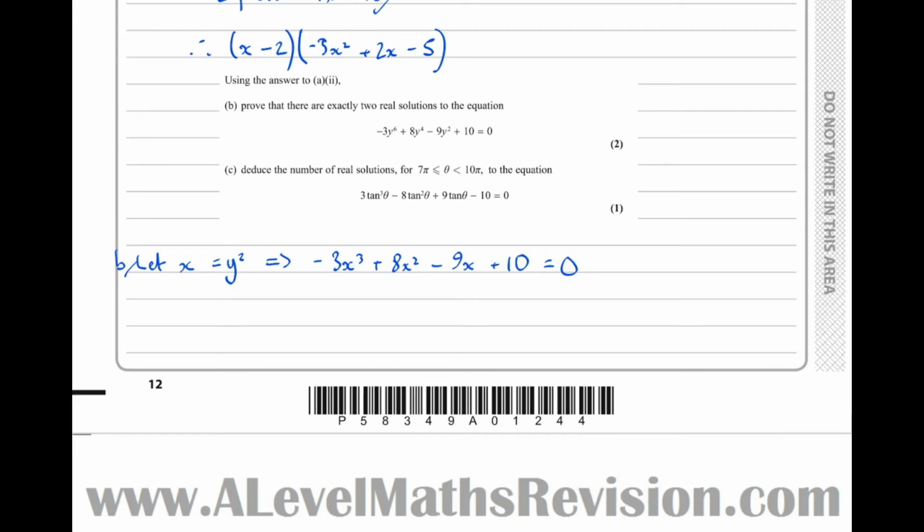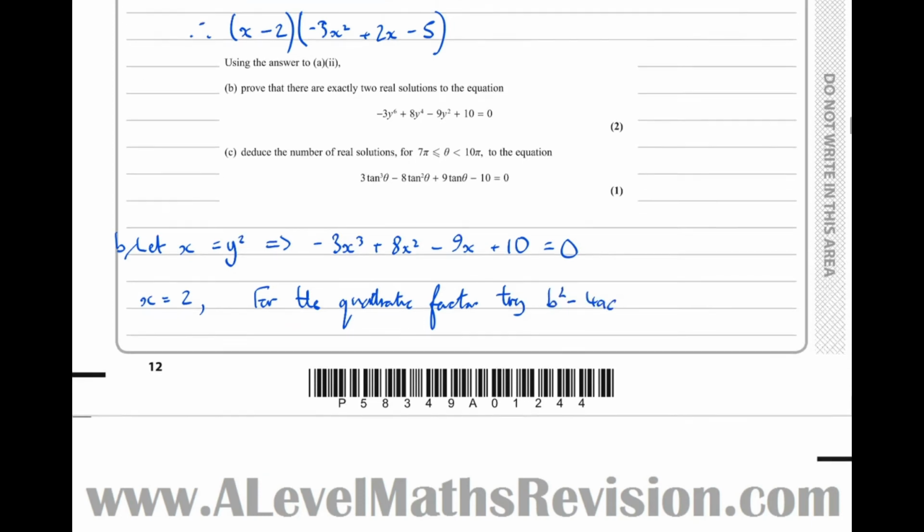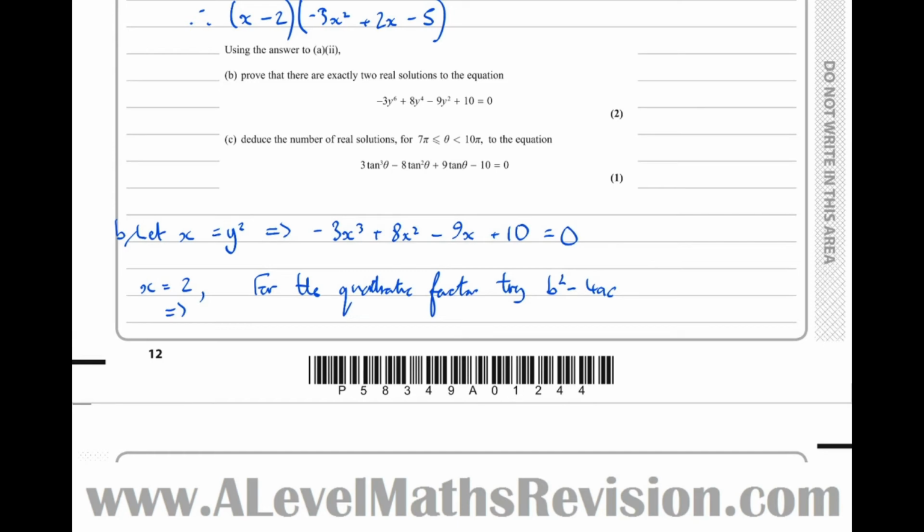Now remembering back to the previous part, we've already factorised that here. So we can deduce the solutions for x. So x equals 2 is a solution. And let's try the discriminant for that one now. So for the quadratic factor, try b squared minus 4ac. Let's actually see if it's solvable at all first. So b squared minus 4ac, I've got 2 squared minus 4 times minus 3 times minus 5 equals 4